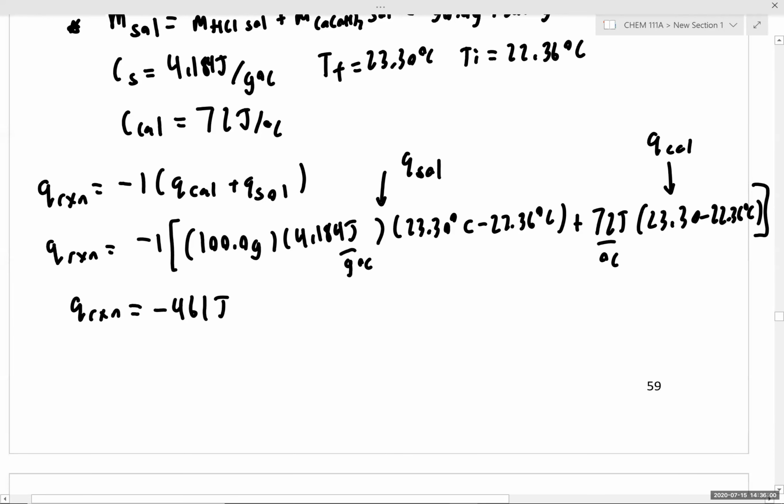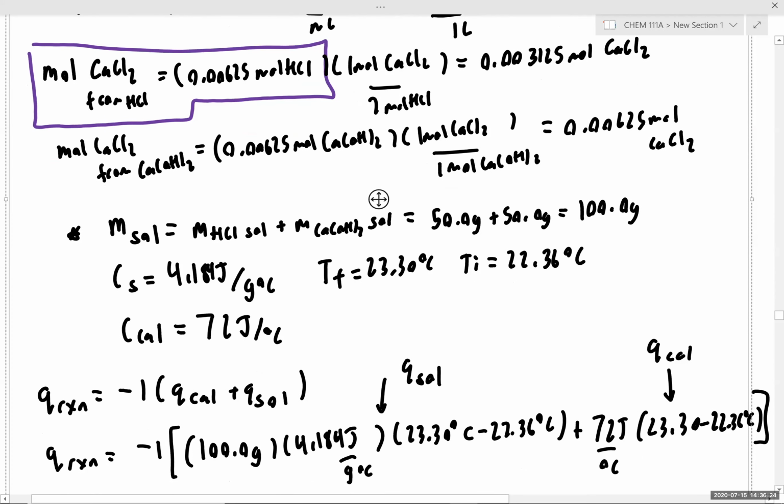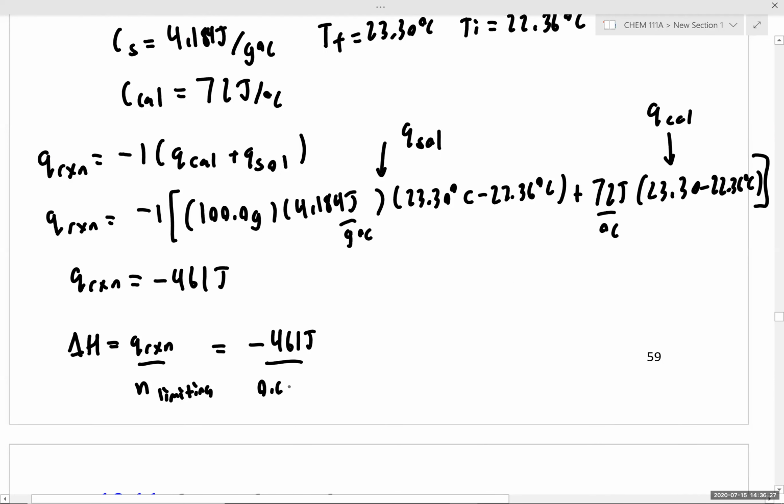Okay, and now what we're going to do is calculate the enthalpy of a reaction by taking the heat of reaction over the moles of our limiting reactant. And as long as we're very clear which reactant we're referring to, we'll have no problem with our enthalpy calculation. So that gives us 461 joules, and then we're going to divide by the moles of hydrochloric acid, which is 0.00625 moles of hydrochloric acid,